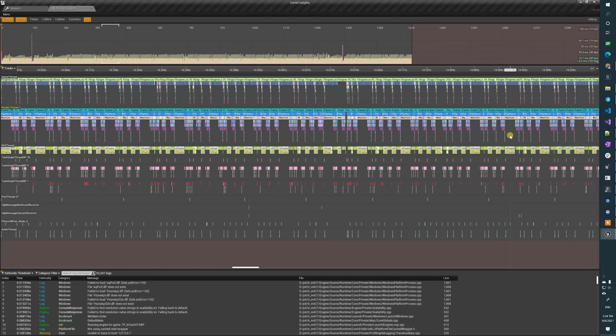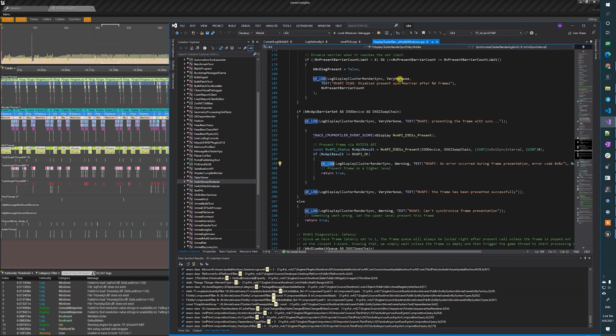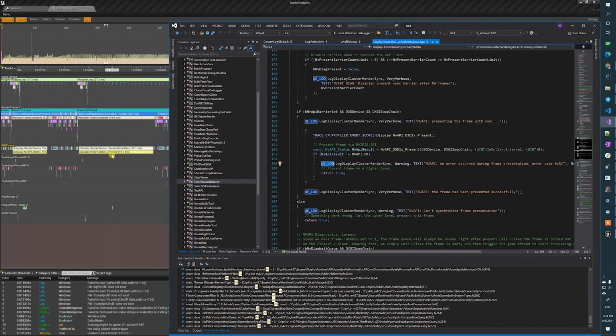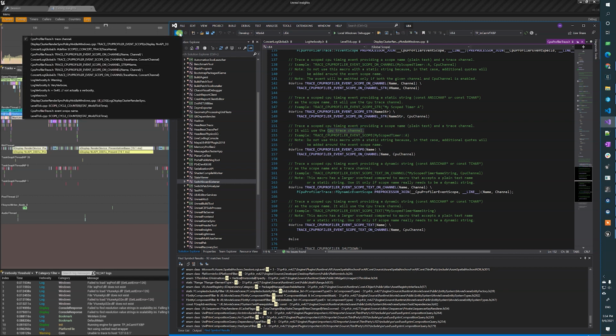CPU traces are anywhere in code where somebody has, let's say this one that says nDisplay NvAPI D3D11 present. This one is exactly this one. So you give it the name of the trace, and this is you saying, oh, this is going to be in the CPU trace channel, and that's why it shows up in there.